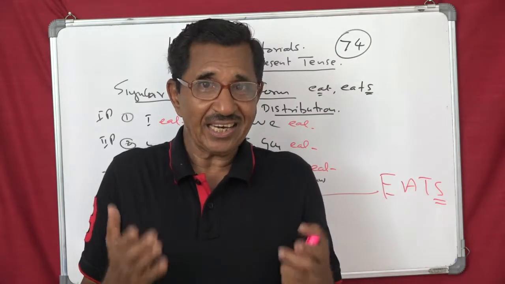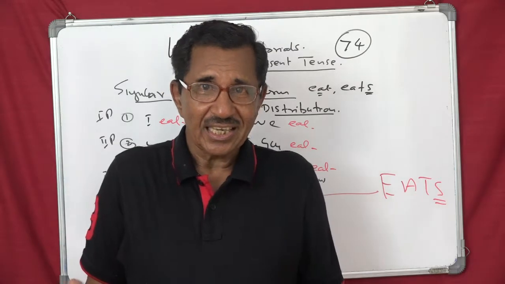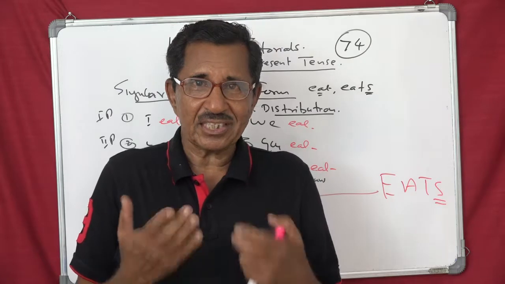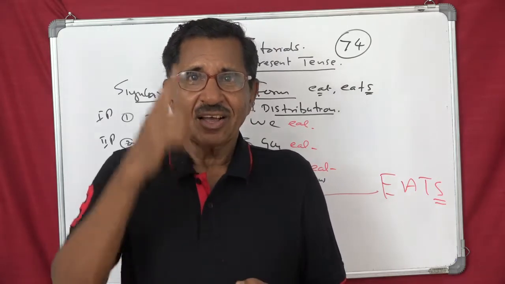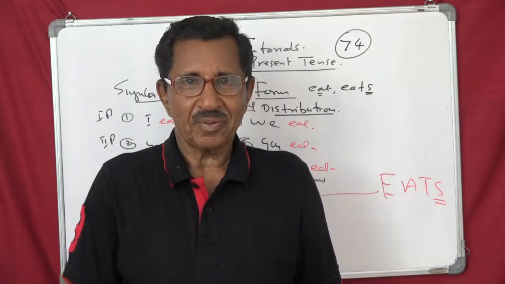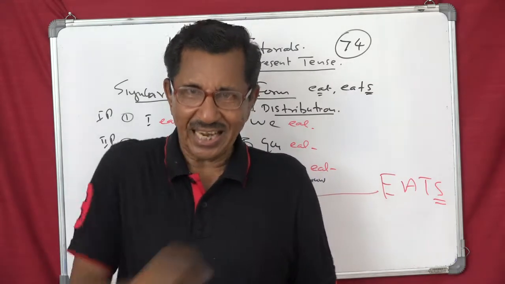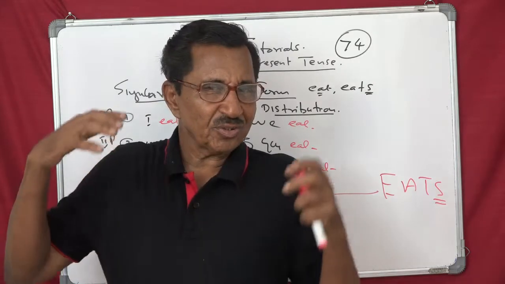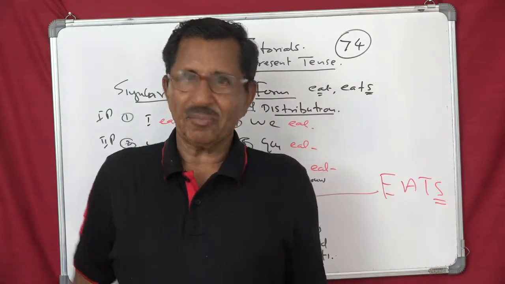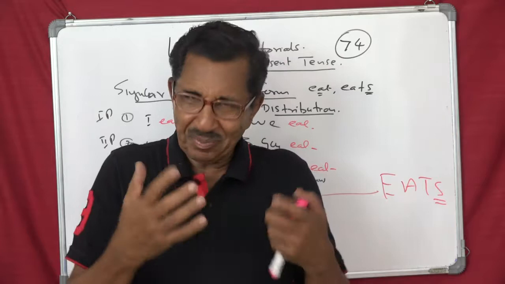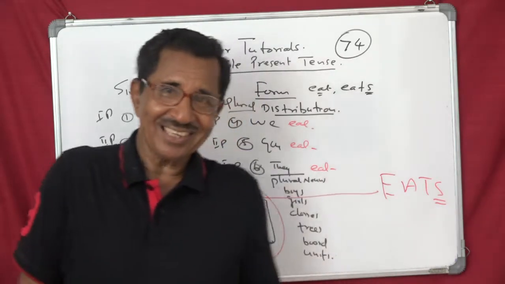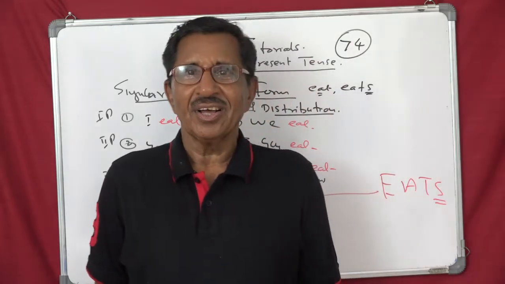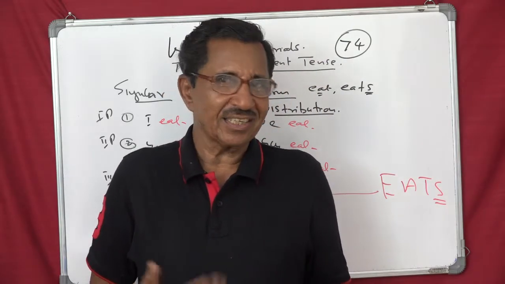You can add an S to a verb only if the subject or the NB1 is third person singular in the simple present tense. Please underline, note this, because this is a place where so many students make mistakes. From my experience I tell you, not example, when I was a young student, I also used to make this mistake. So, from my experience I tell you, my dear students,